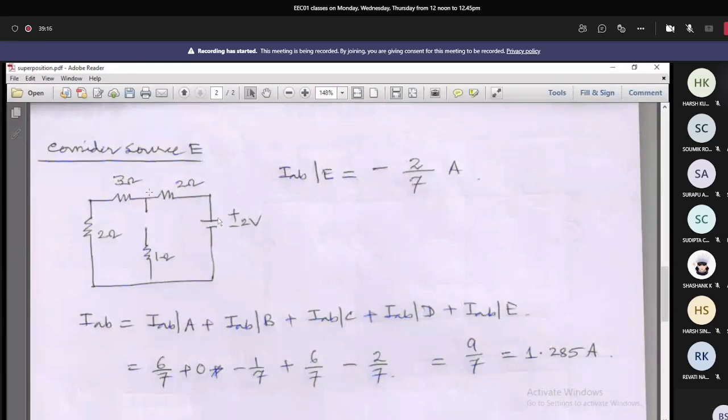And one more thing which I have not shown for this particular theorem is the use of dependent source. I'll first explain that one day once we complete the superposition theorem, Thevenin theorem, Norton theorem, maximum power transfer. Then only we'll move to the dependent source and we'll solve a few problems using dependent source, and then things will be more clear about what to do whenever there is a dependent source in the circuit. Okay. So let us close for today's discussion.